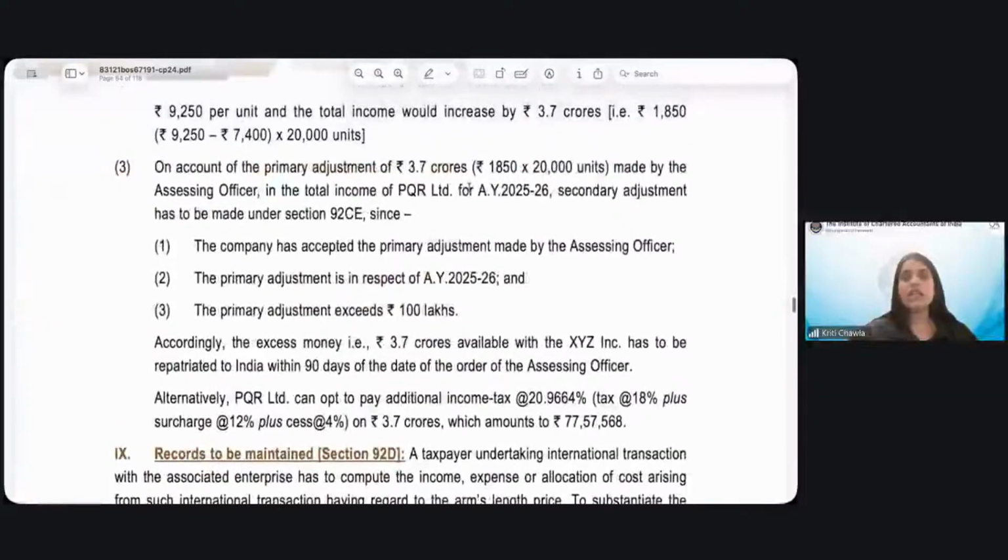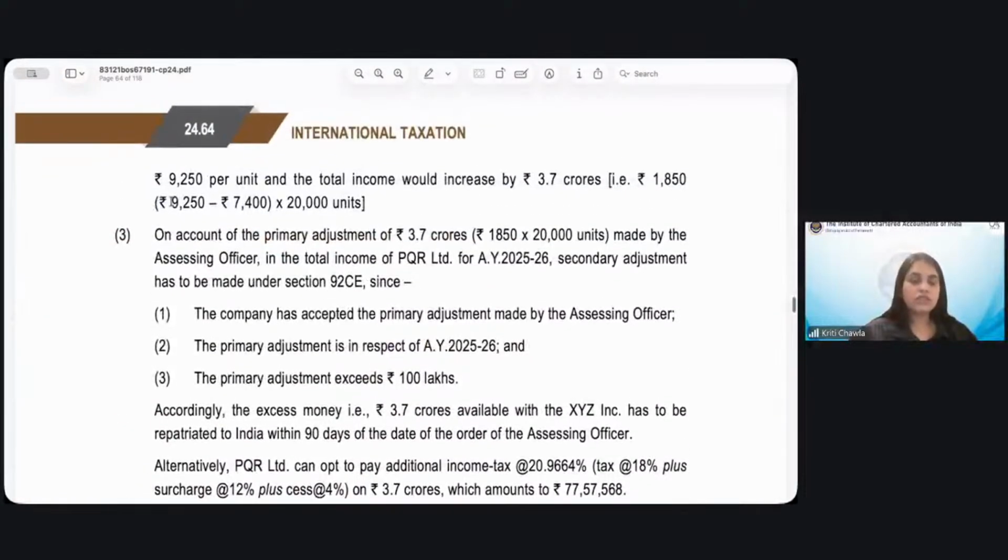So this is the reason there is a difference out there. What is the difference? 92.50 less 7,400. And this is basically the difference, which is 1850. Now, 1850 is the difference for 1 unit. What is the difference for 20,000 units? Well, it comes to 3.7 crores. That basically means that they should have transacted at 92.50, but because they were related parties, they thought that we'll transact at 7,400. This is the reason there should be a transfer pricing adjustment of